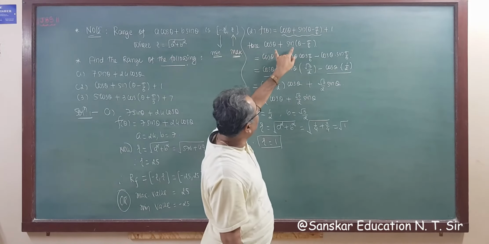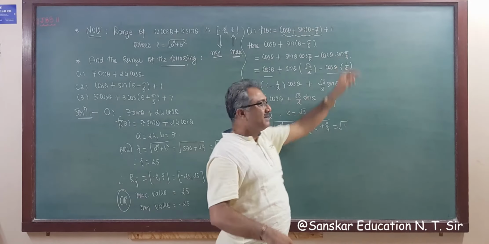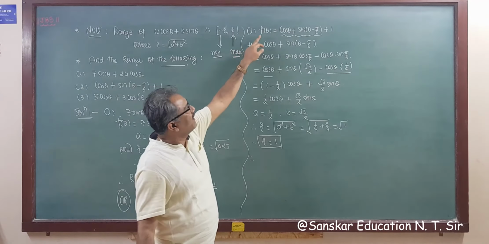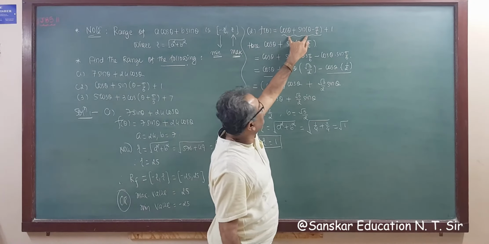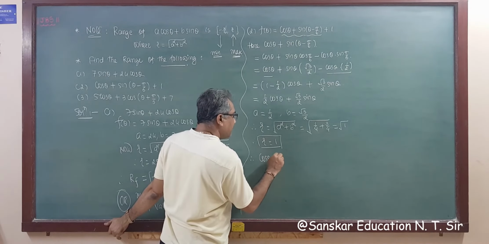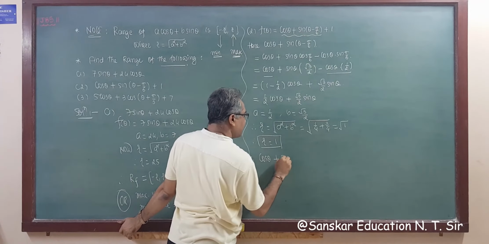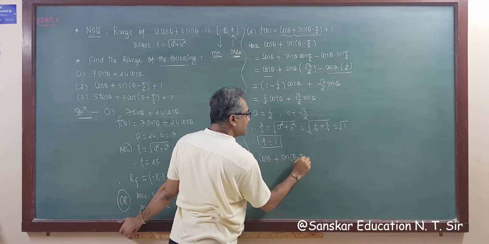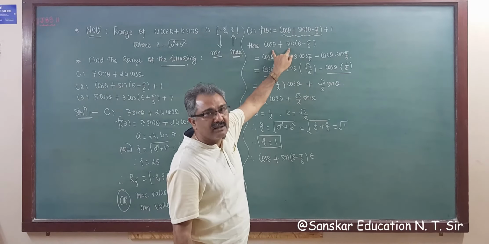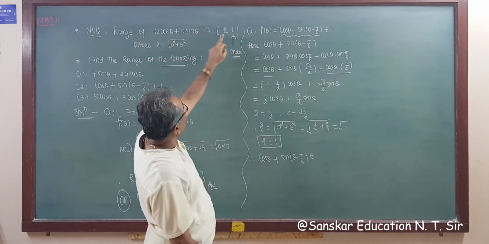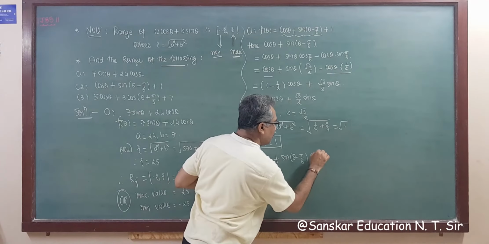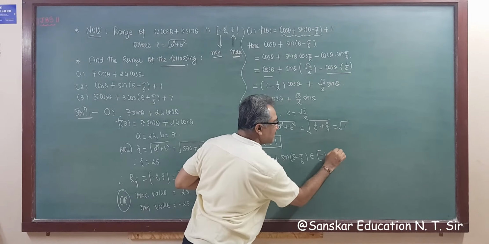But your question is not this only. Plus 1 you have to add. So therefore be careful, right? In this type of question, we first find this out. So therefore cos theta plus sin theta minus pi by 6 belongs to the range of this function. This is our standard function. Range means this belongs to minus R to R, that is minus 1 to 1.